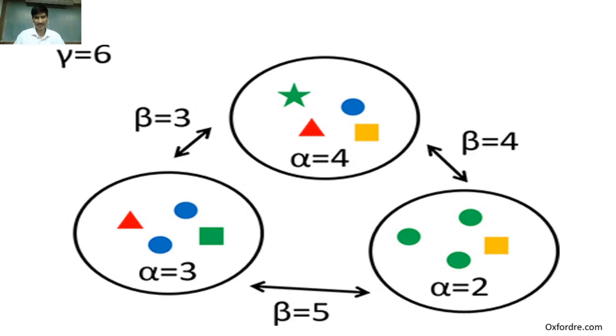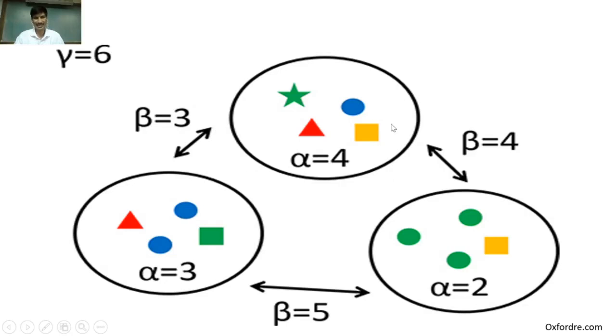Here we observe one illustration. We consider the first study area, the second study area and the third study area, and in these three study areas the scientist studies and goes through the three levels of taxonomy. Firstly we go through the alpha taxonomy. In that area the scientist observes three different types of animals here, and this alpha value of taxonomy is 3.